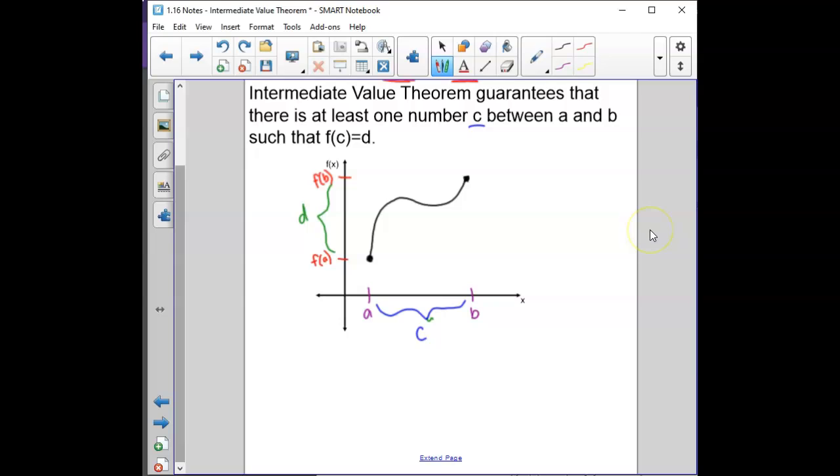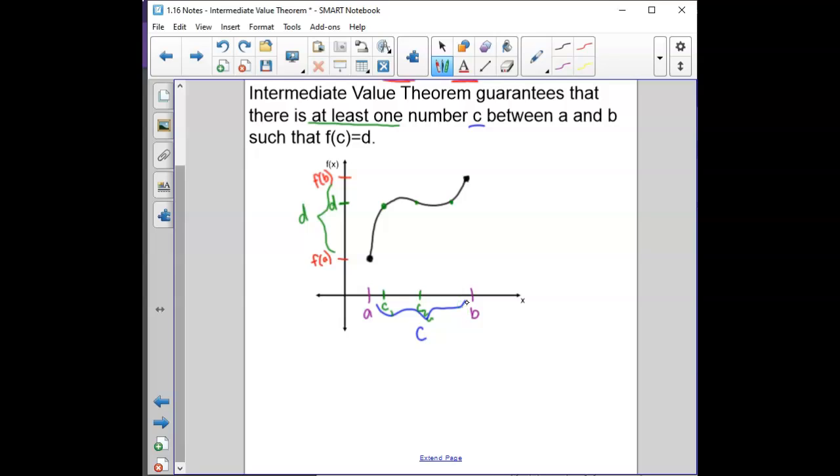So, let's narrow this down a little bit more. Let's say d is right here. I'm going to call this d right here. Well, if I look over at my graph, I've got a point right here, and a point right here, and a point right here that all have about that same y coordinate. So notice it says at least one number. So that means right here could be my C, right here could be my C, right here could be my C. I might call this C1, C2, and C3 because obviously those will all be different numbers. So that is a possibility.